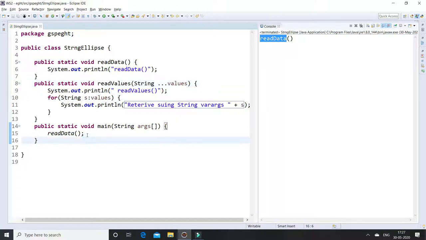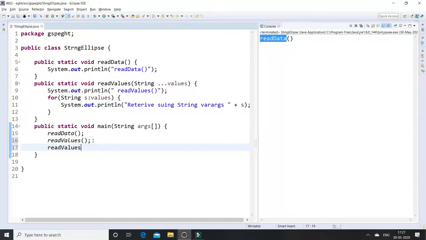If I am not passing any arguments, it doesn't show any compilation errors. If I pass one more argument, hi, it also doesn't show any exceptions.